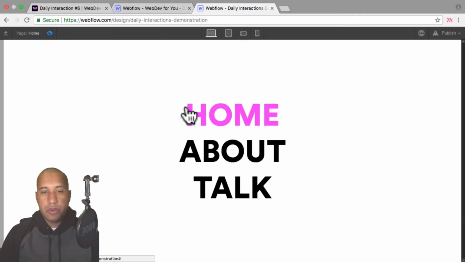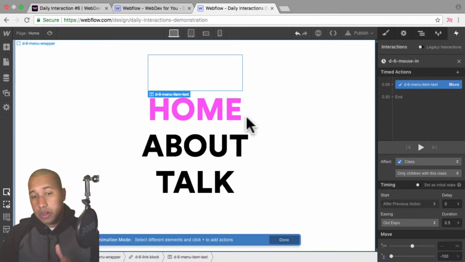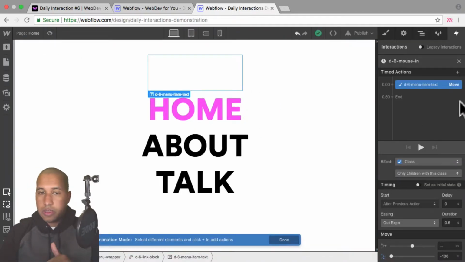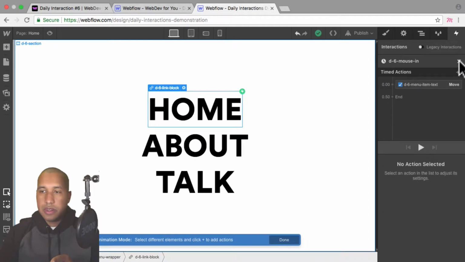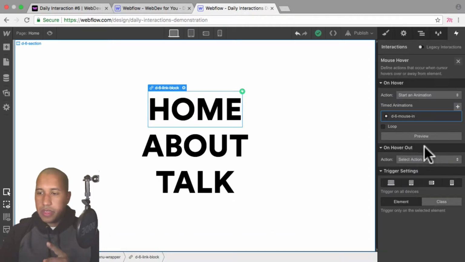And now when I preview, only the first one is animating. So the next thing I want to do, because I want this to occur on every menu item, rather than just affecting that first link block, so we see this one is only affected, I want to go back into the interaction. I'll close this here. Then here where it says trigger settings, rather than triggering an element, I want to trigger a class.